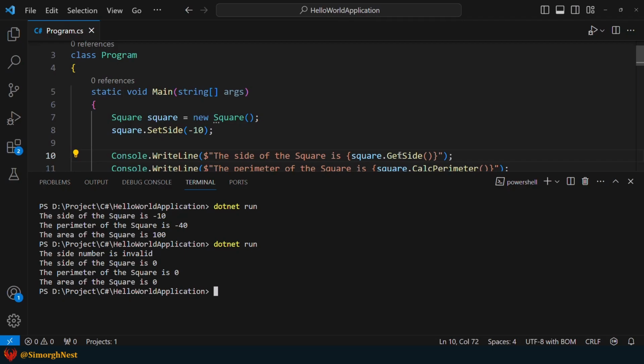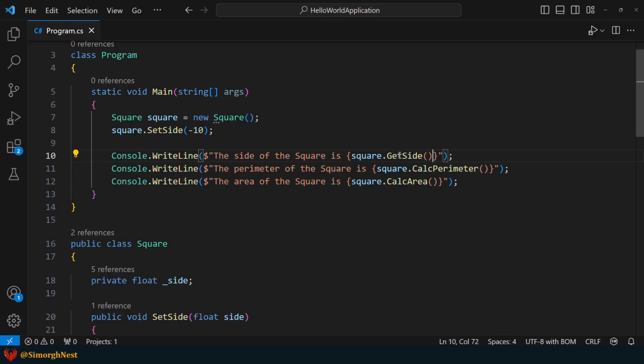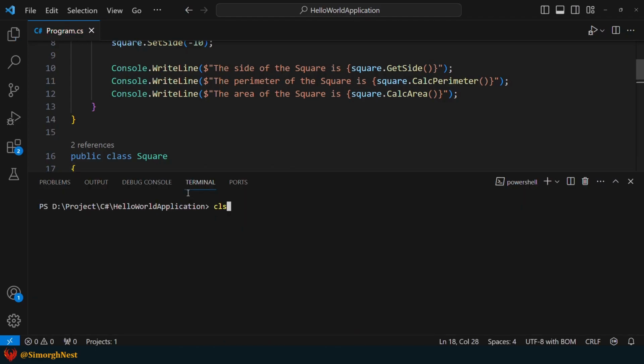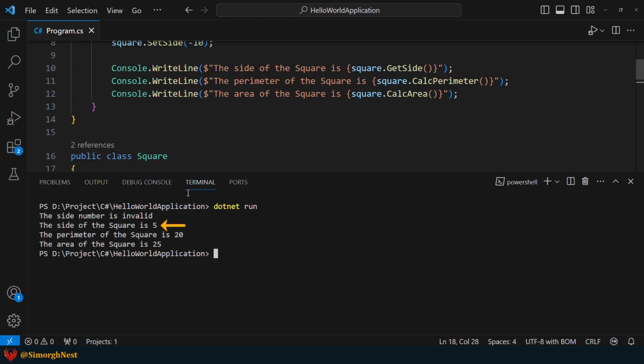Okay, we have an option to assign an initial value to fields during their declaration. For instance, let's set the default value of the side field to 5, and run the application again. As you can see, this time the value of side is 5.